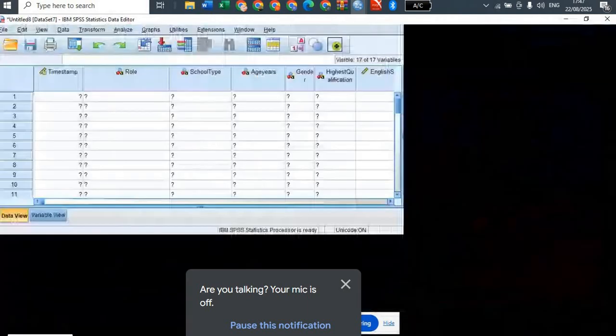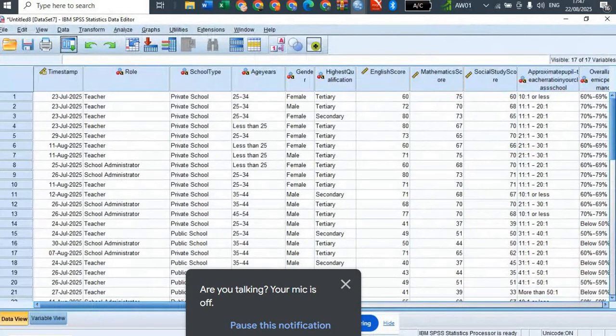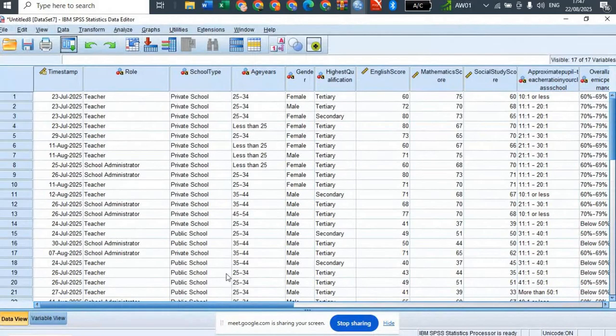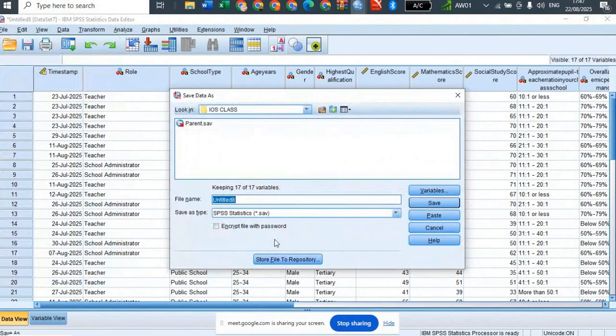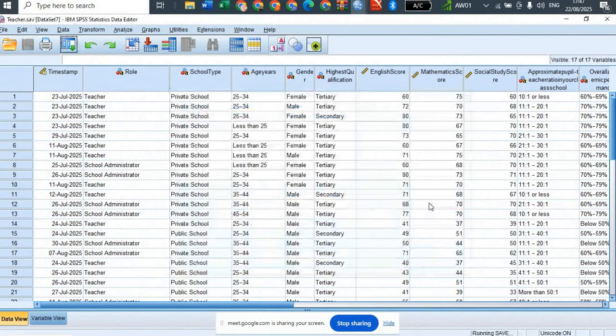My data is still loading. So this is my data for teacher. So I can also save this. I can use teacher. So save. The issue there now is that we want to merge both the teacher and the parent data